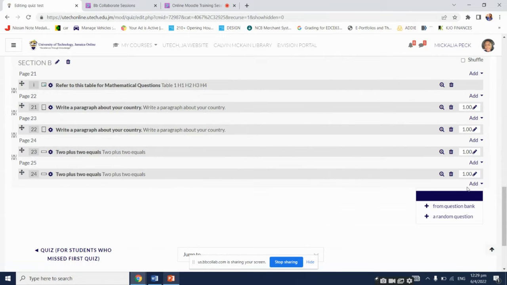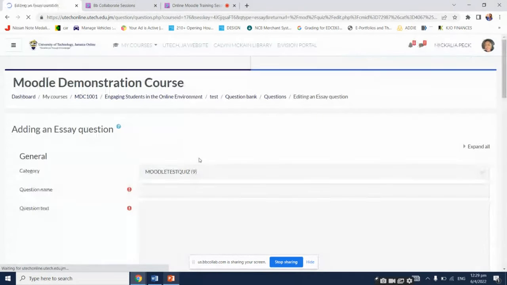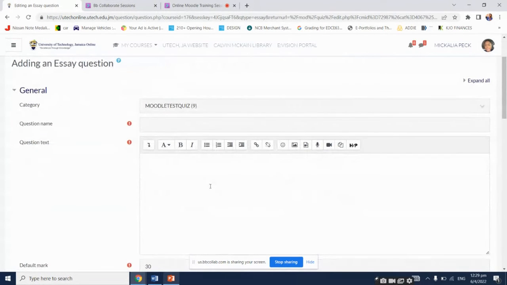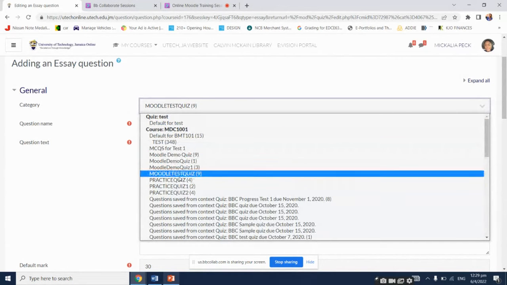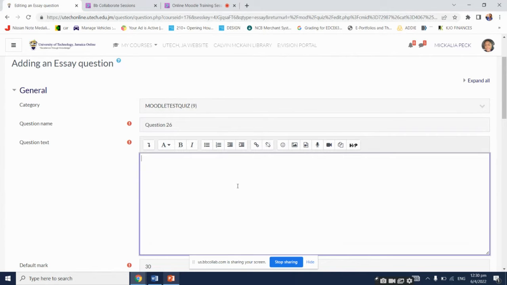Okay, let's actually create this question. So the first option on the add says a new question. I'm going to create an essay type question. Double click on that. All right, and you'll realize it's showing you the category will be automatically placed. And if you don't want this essay type question in that category, you simply select the category you want it to appear in. All right, so I'm going to call this question 26, and the question text is going to be